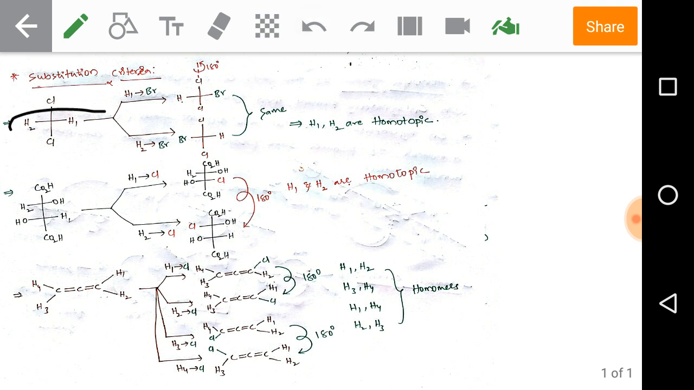Hence H1 and H2 on this molecule are in homotopic relationship and they are homotopic hydrogens. Okay, right. And check another example here. In this example, if H1 is replaced with chlorine and H2 is replaced with chlorine, we get these two stereoisomers. Okay, and on 180 degrees rotation. For example, if you rotate this molecule, so here from like this, okay, through this 180 degrees rotation angle,